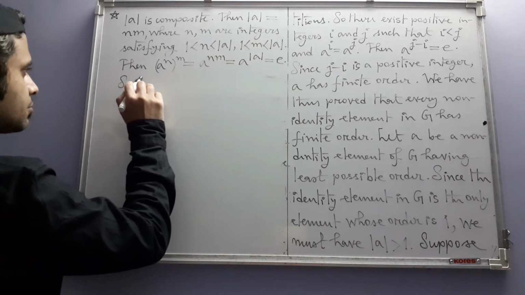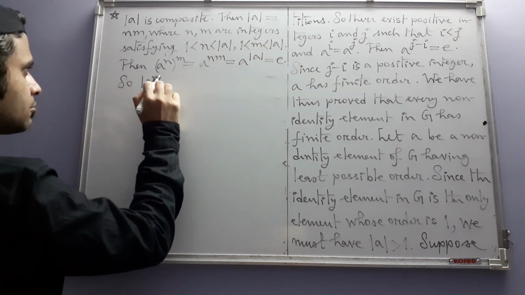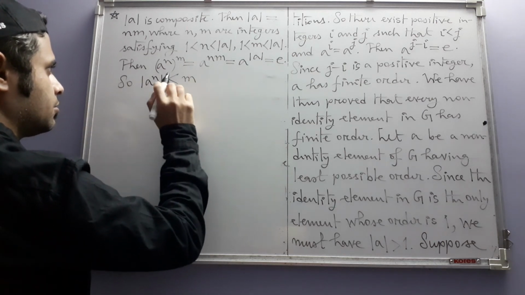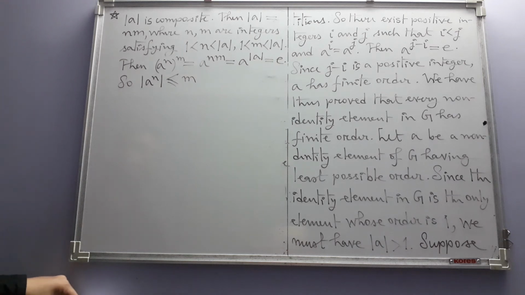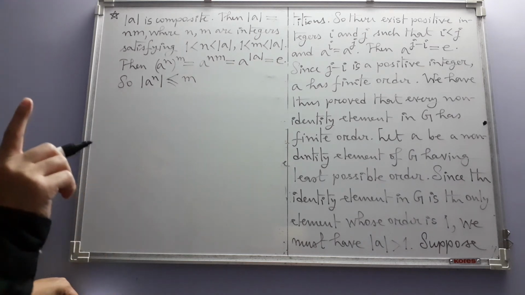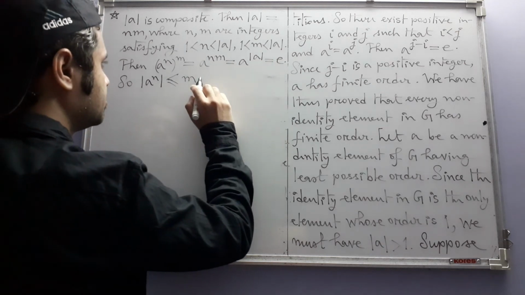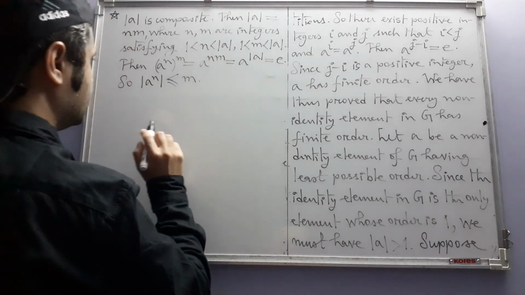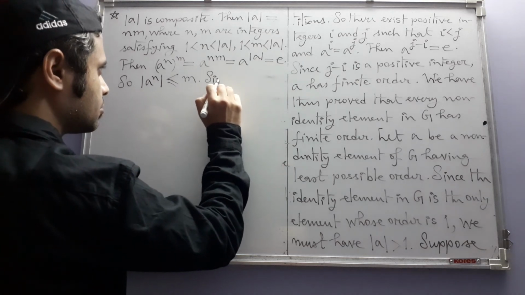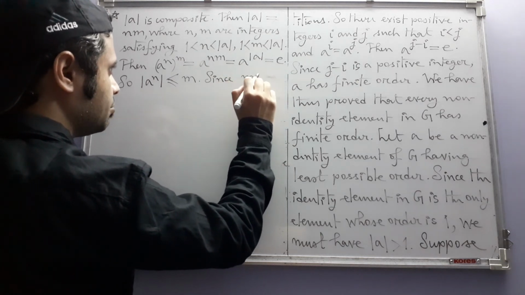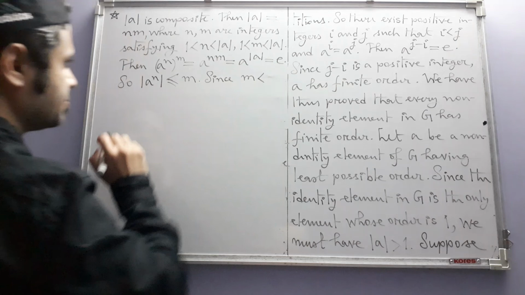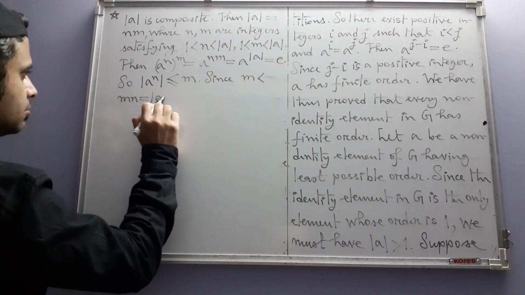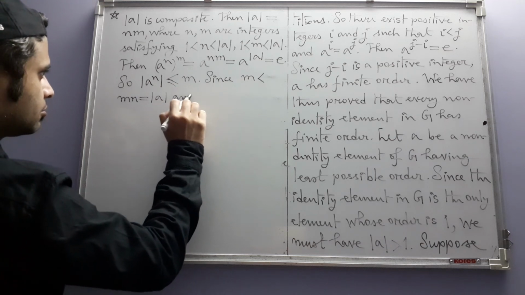So this is less than or equal to m, and m itself is, or let us just write that in another line. Since m is less than mn, which is equal to the order of a,